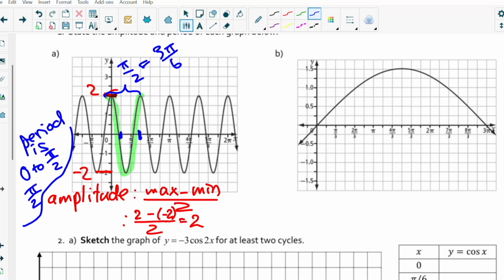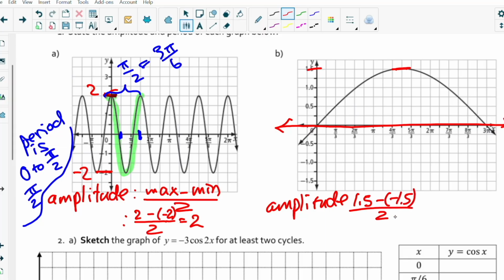Okay, what about my amplitude? Let's go amplitude and period of the second graph. Okay, this is the horizontal central axis. So the amplitude, I'm only shown half of the cycle. So my amplitude is 1.5 minus -1.5 divided by 2, and that is positive 1.5. Okay, because I know the rest of the cycle would just be a mirror image below the x-axis